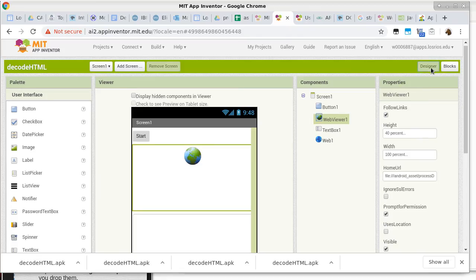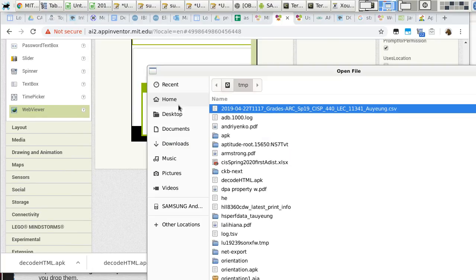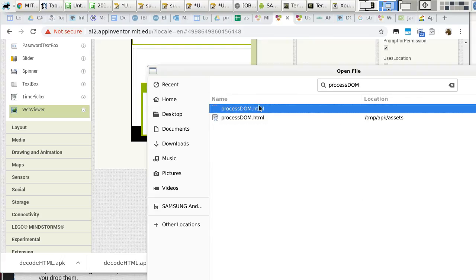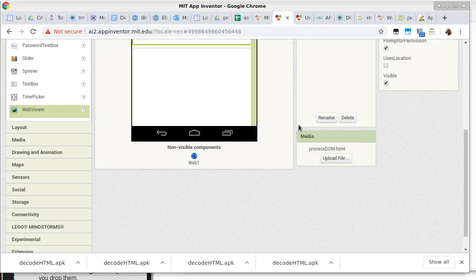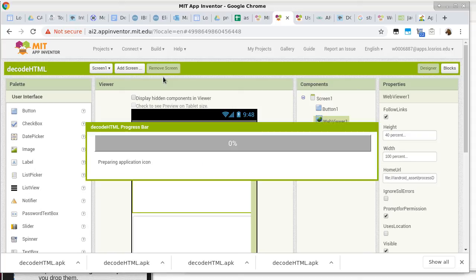So we get back to Designer, we are already in Designer. If that doesn't work, we can